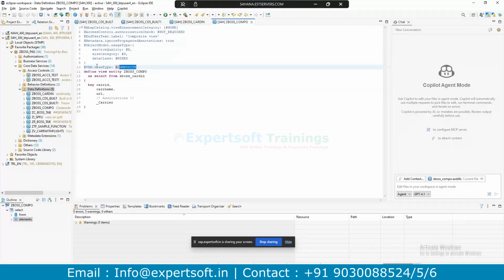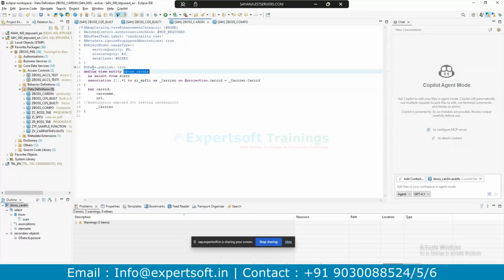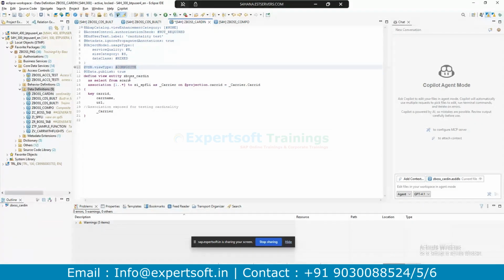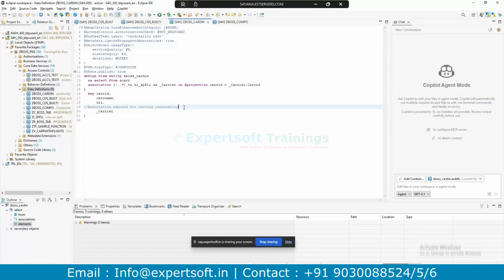Even if you see, you can add the same thing in the basic view also. It won't throw any error. It is just giving the instruction to the compiler that this is a composite view, so the composite features will be applicable, such as multiple annotations, analytical views, or any APIs. On the API side, if you want to use pagination, sorting and filter conditions, the framework will handle it automatically. Clear?